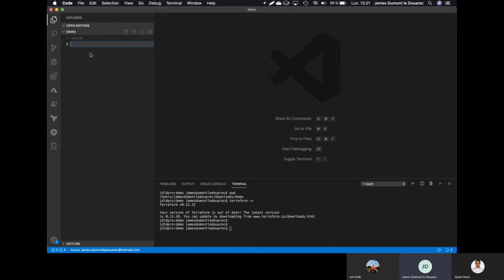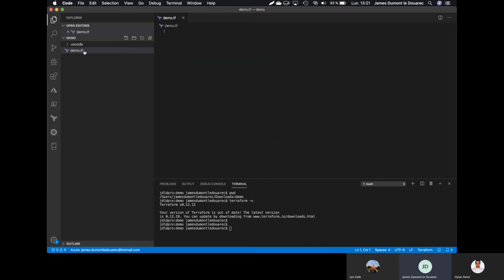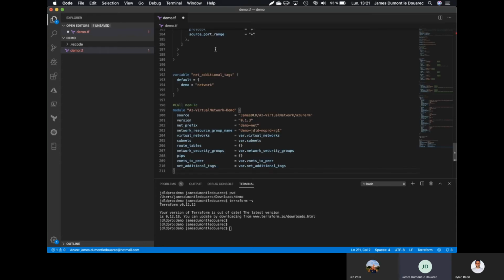So we will just write down our Terraform configuration file. We will call it, let's say, demo.tf. Here it's important that the extension is .tf. When we are located in this folder, the Terraform command will be aware that it should read this file because it has the .tf extension. So I'm copy pasting my code. Okay, so here I'm good.